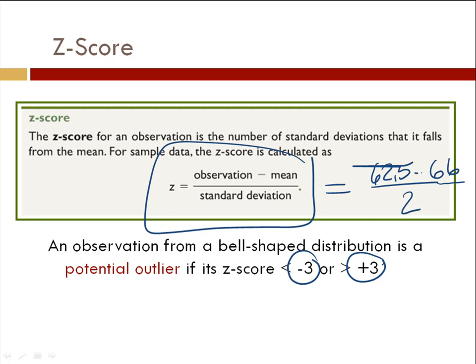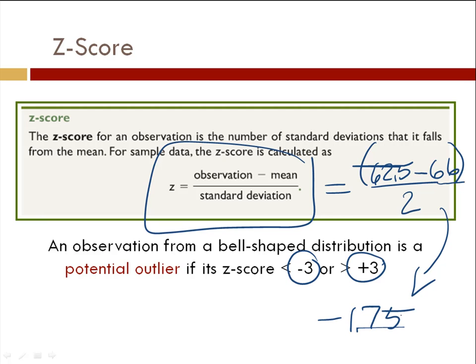And then we do the minus, so 62.5 minus 66 divided by 2. Be sure if you're doing this problem in your calculator that you put parentheses around the numerator, and that will tell your calculator, hey, do this subtraction first, because else your calculator just won't know, and it will definitely do the division first, and you'll get the answer wrong. So 62.5 minus 66 divided by 2, that's going to give me